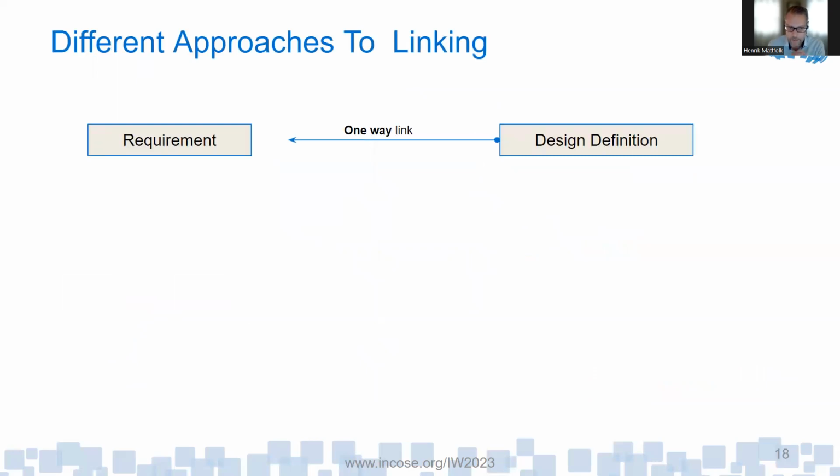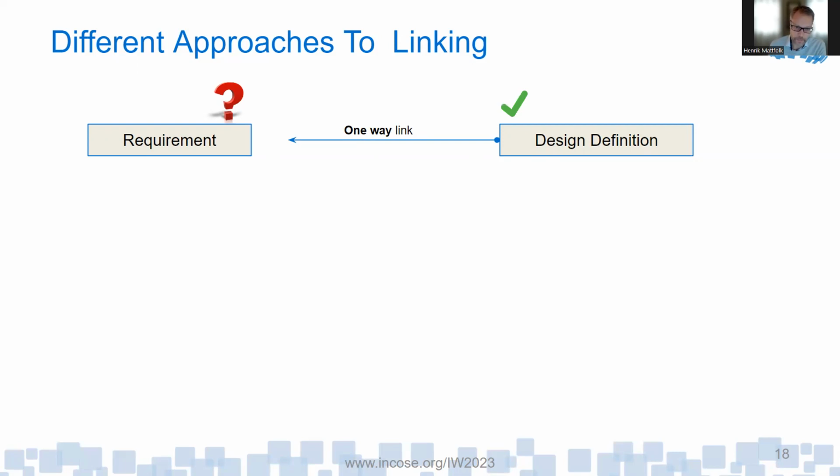So let's look at a couple of different approaches we can take to linking here. Maybe the simplest one is just a simple one-way link, more known as a regular web link. For example, we can establish a link on the design definition that points to the requirement. And when we do that, when we explore the design definition, we see that link over to the requirement. But if you look at this relationship from the requirement side, the requirement has zero clue that someone actually linked